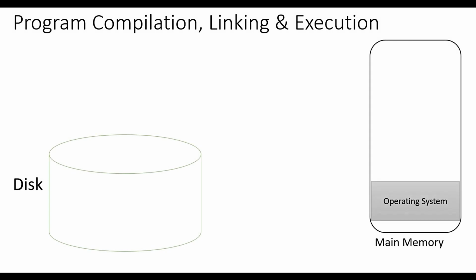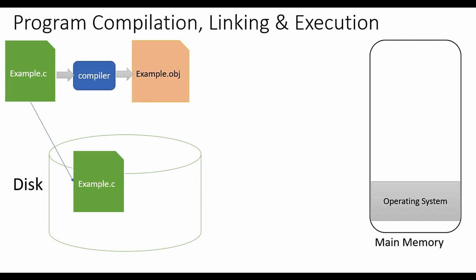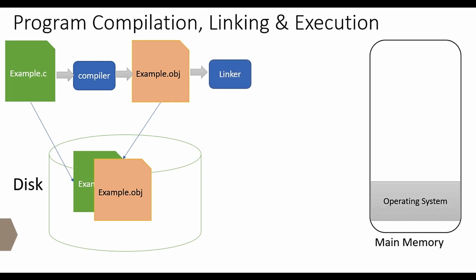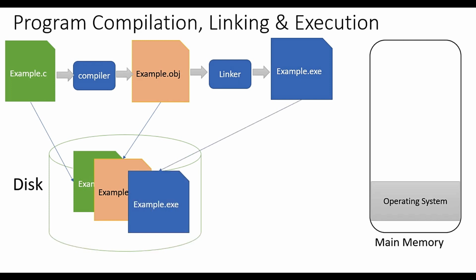So let's start with the initial part where you start writing your program. You save it, compile it, link it, and execute it. So on your machine, what you have is a disk. You have a main memory. And what you do is, as a developer, you write some code. Let's say we write an example.c file, and you save that file on the disk. Next, we compile our code with the help of compiler, and the compiler generates example.obj file, and that obj file is also stored on the disk. Next, obj file is given to linker, and linker creates example.exe file, which is stored again on disk.